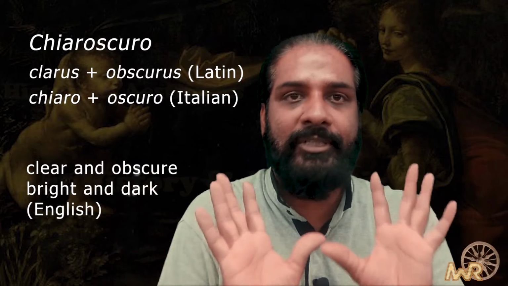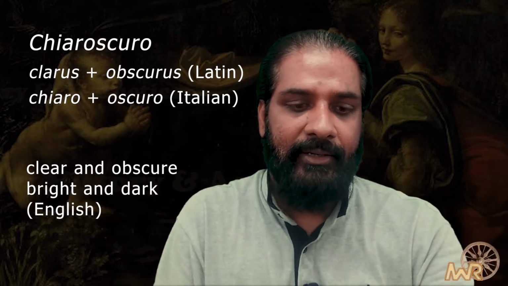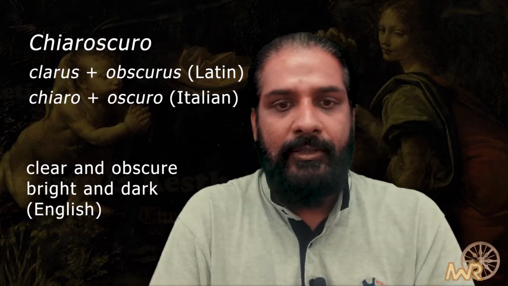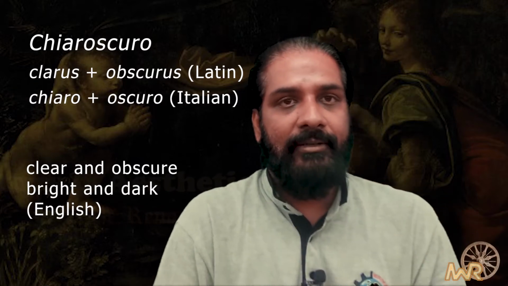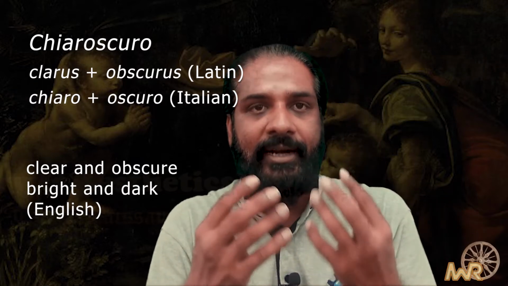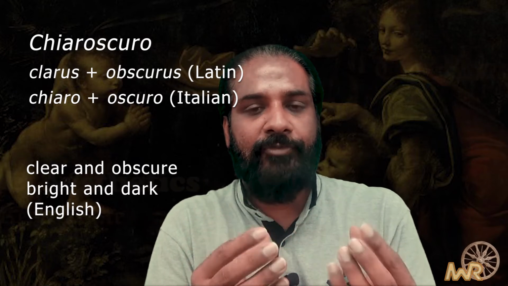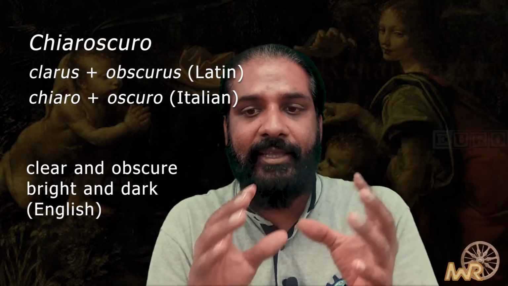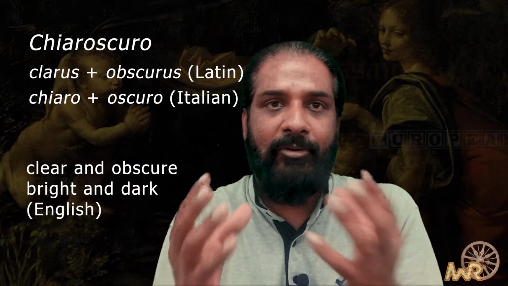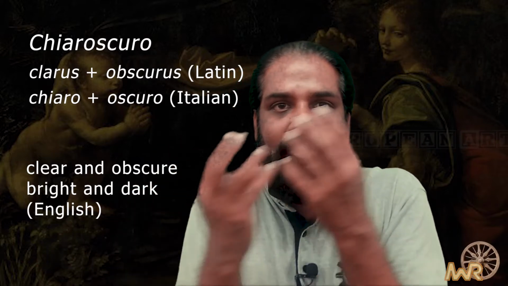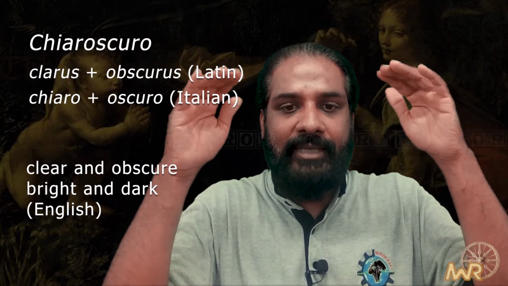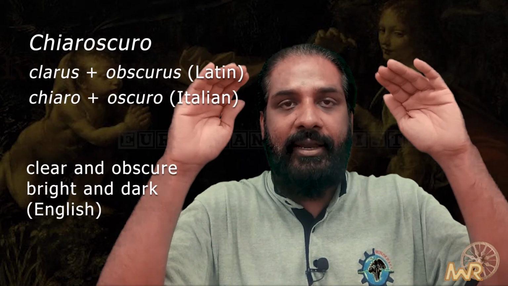So I think that notion is clear to you. And in art they are using this effect. In painting, it's a technique developed during the Renaissance, referring to the use of exaggerated light contrast in order to create the illusion of volume. So there will be a dark area and a light area. That technique is used to exaggerate or to create the illusion of volume.